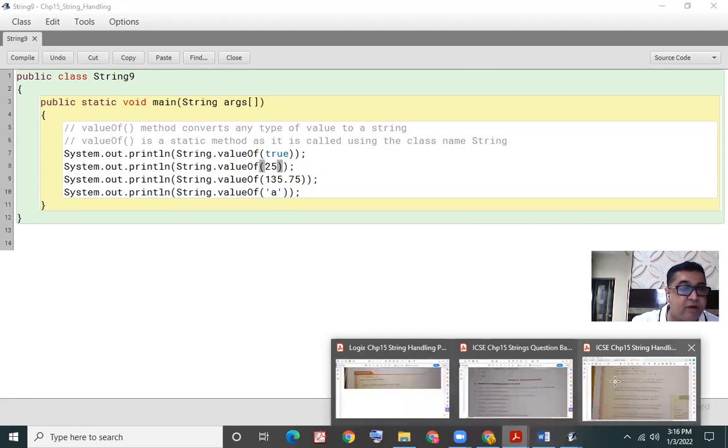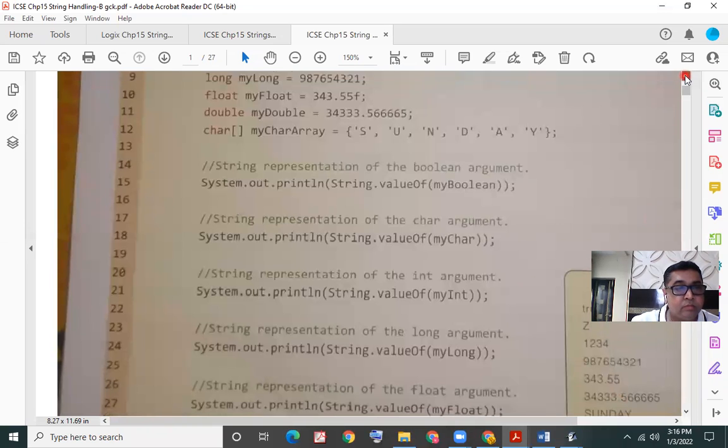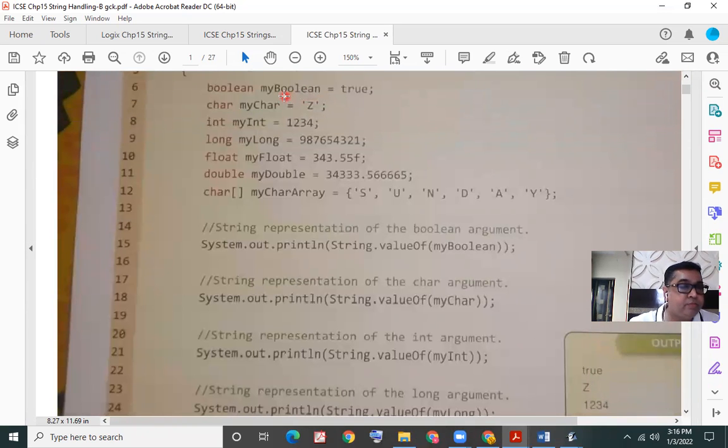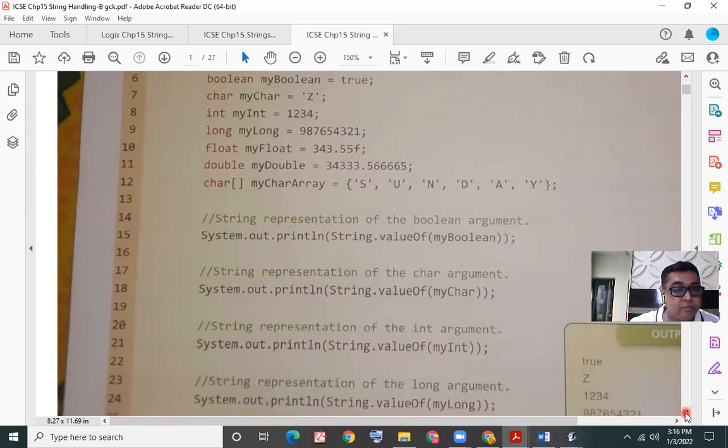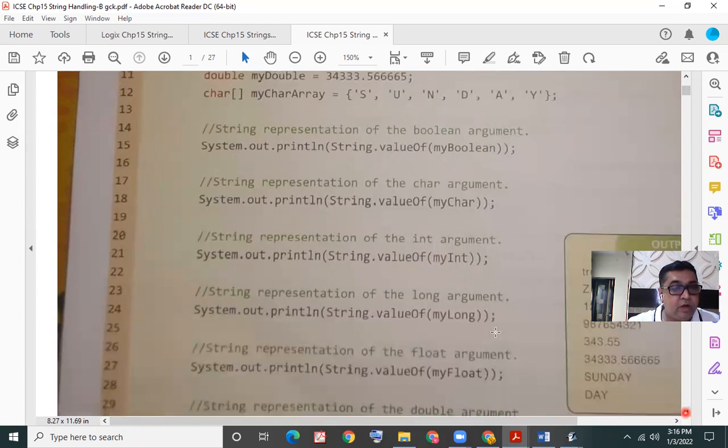the author has declared variables of each type, and while calling the valueOf method, the author has given that variable in brackets. So as you see in this case, myInt is a variable. That myInt variable had the integer value 1234. So that value would be converted to string. Here the long value is getting converted to string.